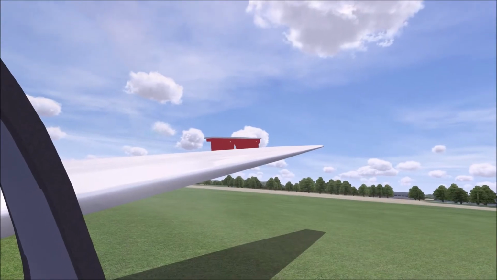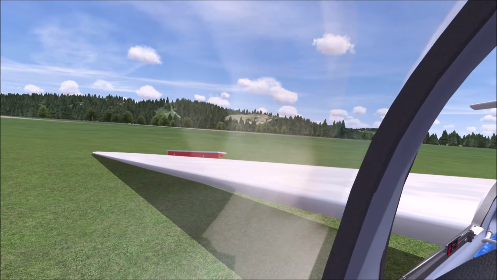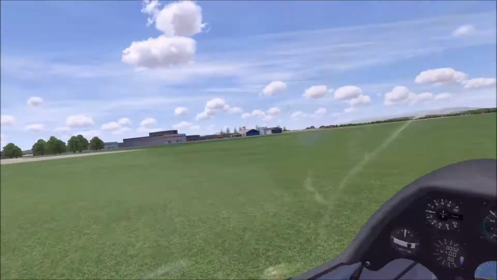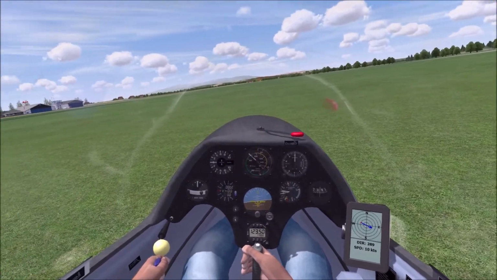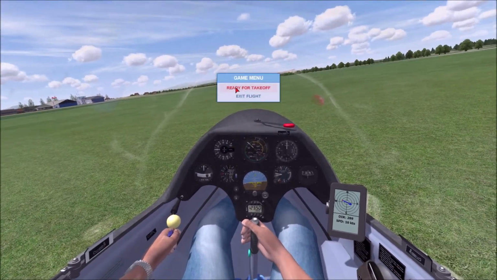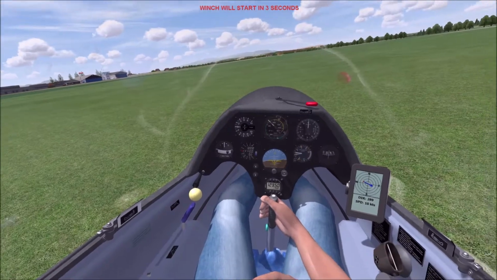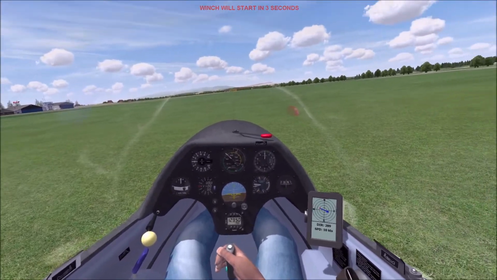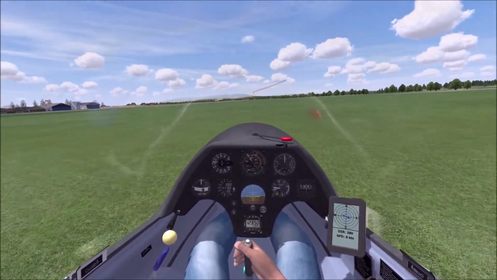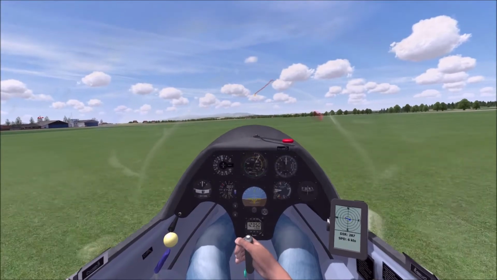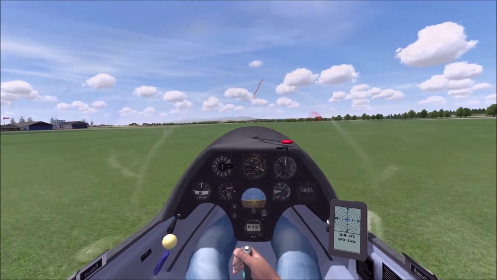Air brakes, open those up. 50% closed and locked. There you go. Right, so let's get the winch. I know I'm not trained on the winch. I don't know how it properly goes, but I know you accelerate to 50 knots roughly. So there you go, and then we're going to lift off the ground